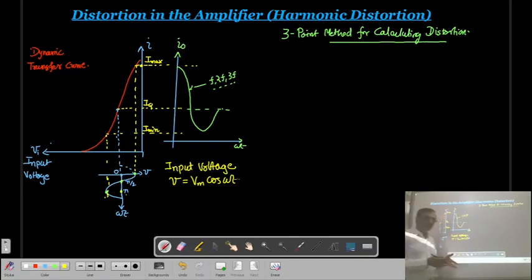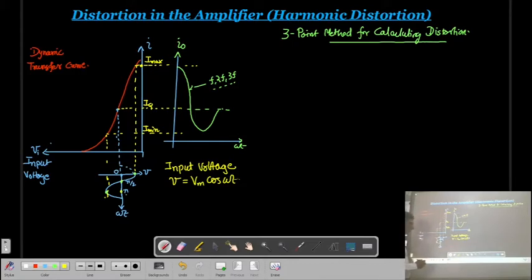If it were linear, then we could directly use the formula y is equal to mx plus c, since it is a straight line. But this is not a straight line, so how do we describe the relation between the current and voltage? Once we can describe it, then we can find the amplitude of the fundamental frequency and second harmonic.